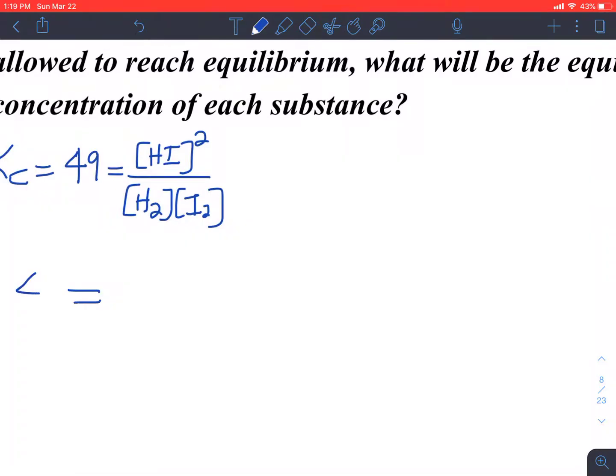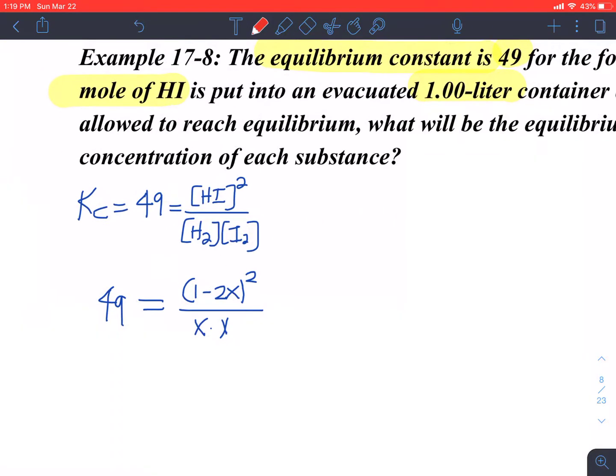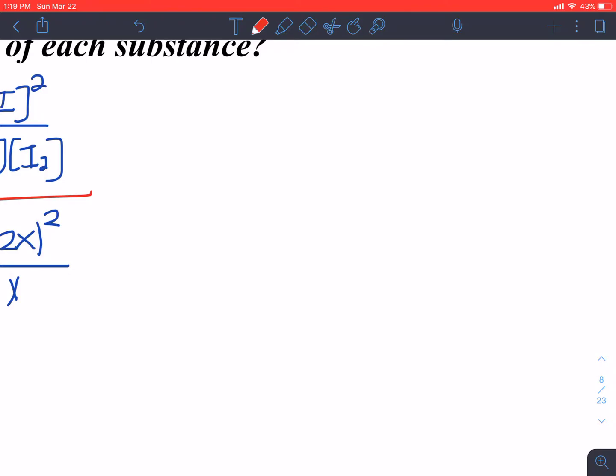Okay, so once we get all of our values, we can now plug those into our equilibrium expression. So 49 is equal to (1 minus 2x) squared over x times x. Let's take the square root of both sides, just like we did. And what we get here is 7 equals (1 minus 2x) over x. Solve for x. You know how to do that already. I'm not going to walk you through the algebra of that. x is going to end up being equal to